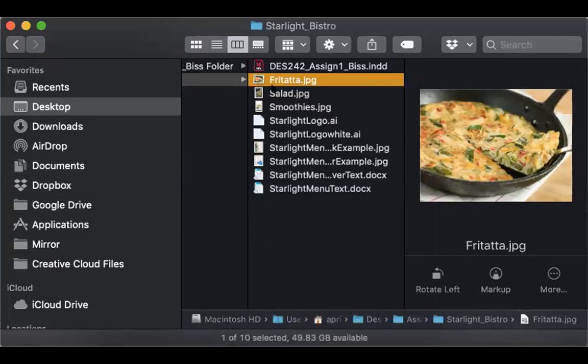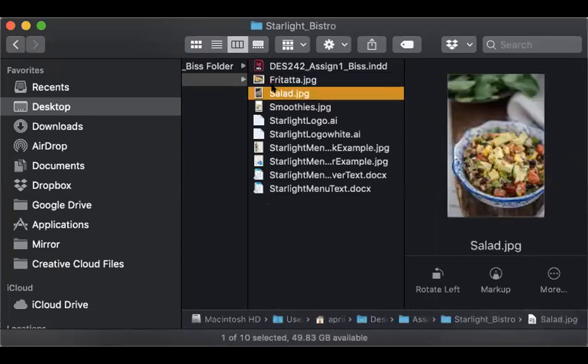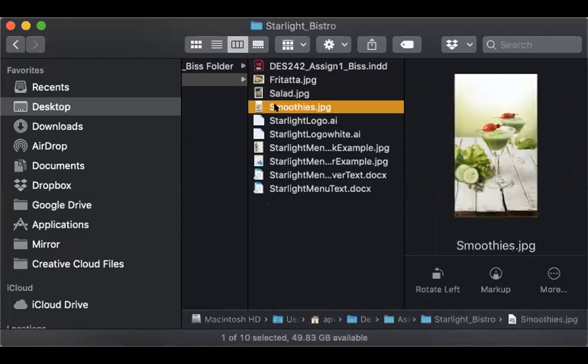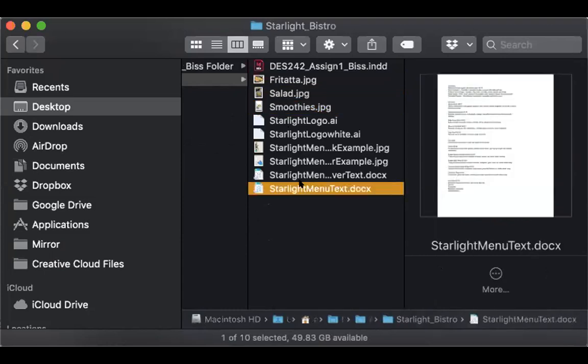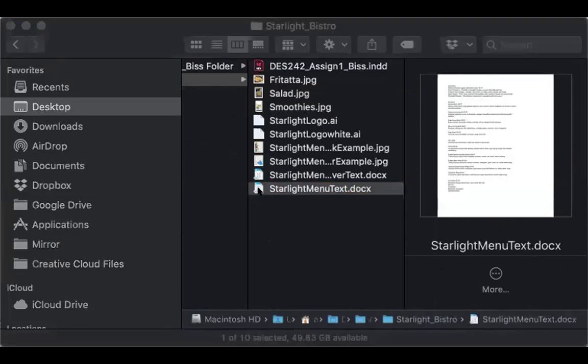If you have the beach client, you'll see these 3 images in here that we can place on the inside. We also have the Starlight menu text. That's what you want to open and take from for this inside here.